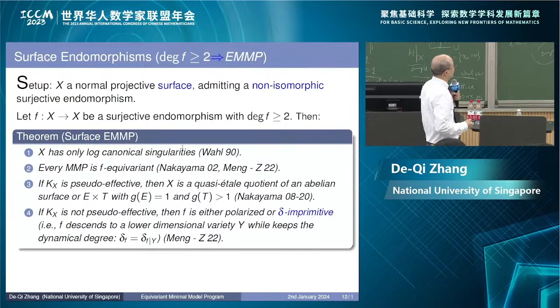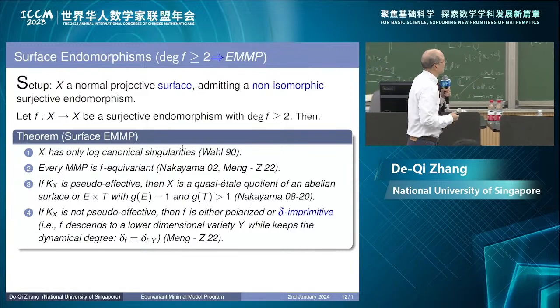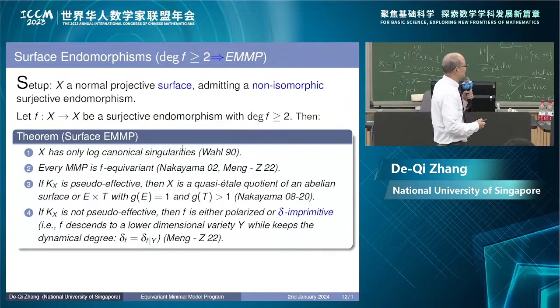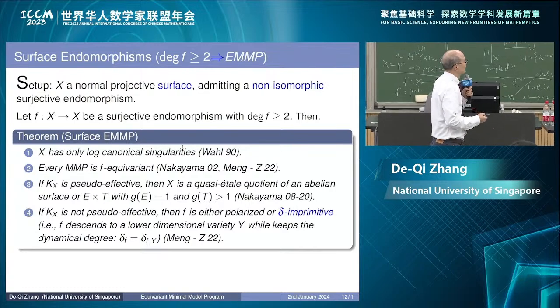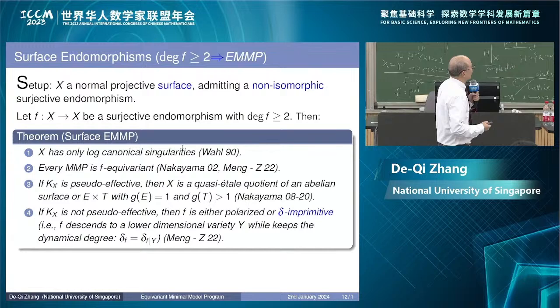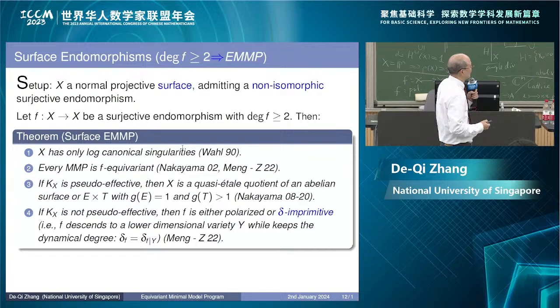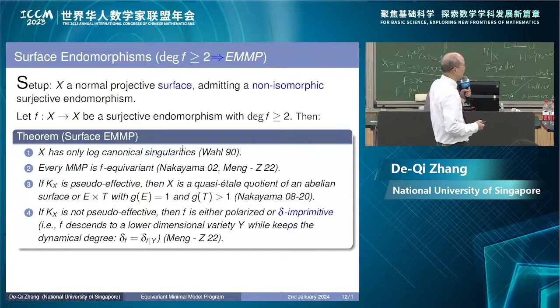So Jonathan Wahl, in the 90s, at that time the concept of ALC was not introduced. So he has a proof, but it's not called ALC anyway. And then the minimal model program is equivalent in that case. First by Nakayama in the smooth case, then we extend to the singular case. The other case, canonical divisor is pseudo-effective. That's the easy case. You can see that X is covered by abelian varieties or elliptic curves, or is of general type. The non-pseudo-effective case is the